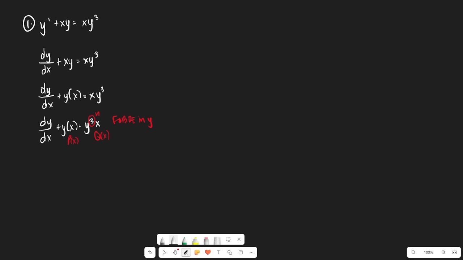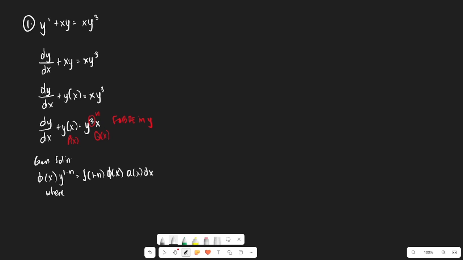So the general solution formula for a FOBDE in y is given by phi of x y raised to 1 minus n is equal to 1 minus n times the integral of phi of x q of x dx,